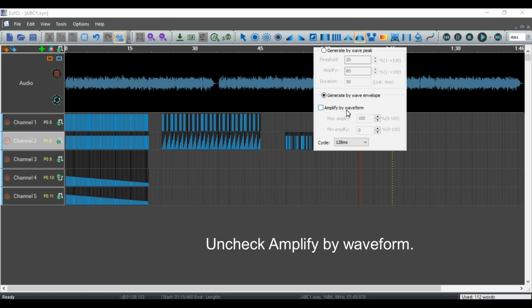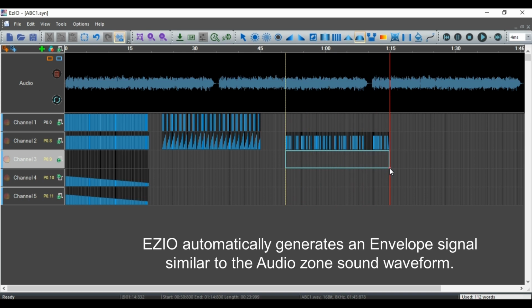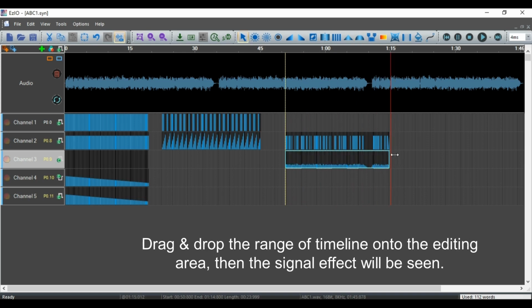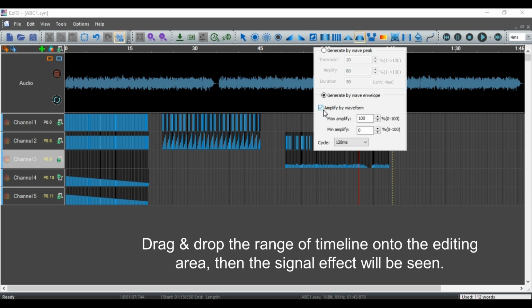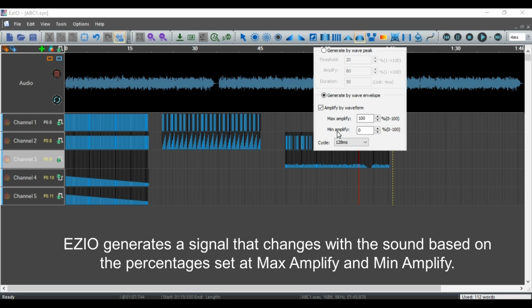Uncheck amplify by waveform. EZIO automatically generates an envelope signal similar to the audio zone sound waveform. Drag and drop the range of timeline onto the editing area, then the signal effect will be seen. Check amplify by waveform. EZIO generates a signal that changes with the sound based on the percentages set at max